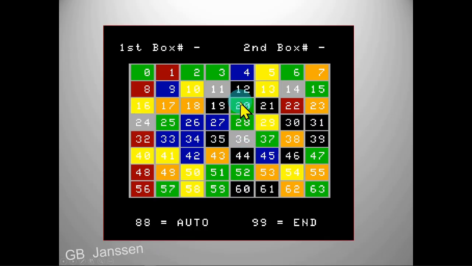Here's our screen. You type in a box number, and it will print it to the screen. Say you typed in 35, it would put 35 on the screen. And over here with this other box, we put in 45, it would put 45 in there. Well, the next time through this loop,